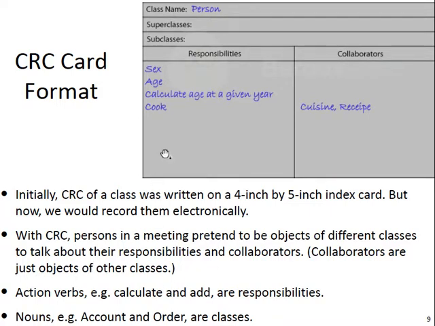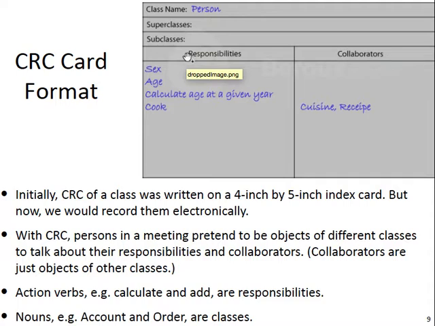So the collaborators are other objects, other classes. Responsibilities would be actions, usually actions. For example, calculate. You can think of it somewhat like a use case. A use case starts with an action verb. So these responsibilities mostly, unless it is a data attribute, should also start with an action verb. So these people would